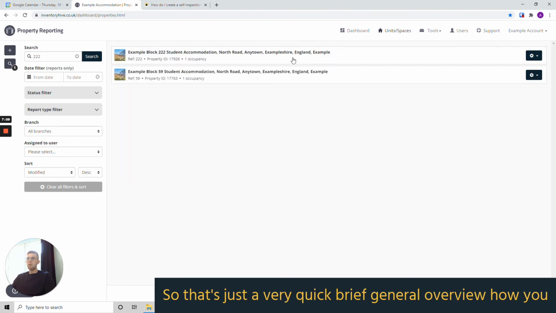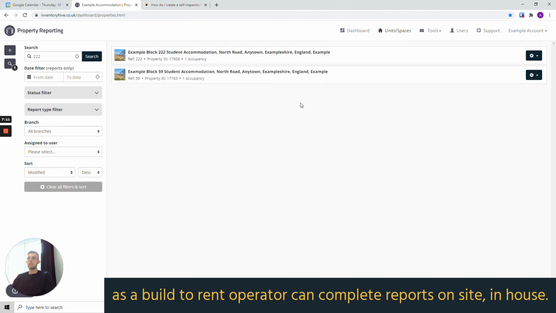So that's just a very quick, brief general overview how you as a build to rent operator can complete reports on site